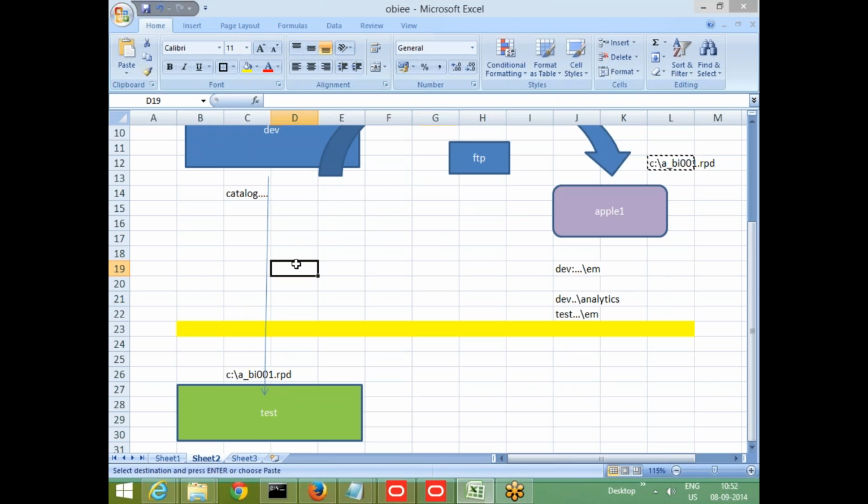Command. That command is called SCP. But you need some knowledge here. So that's why don't get into that. Use catalog manager only. But RPD I cannot move here because